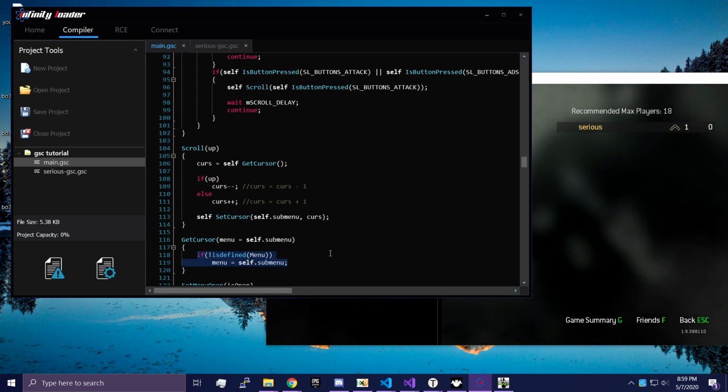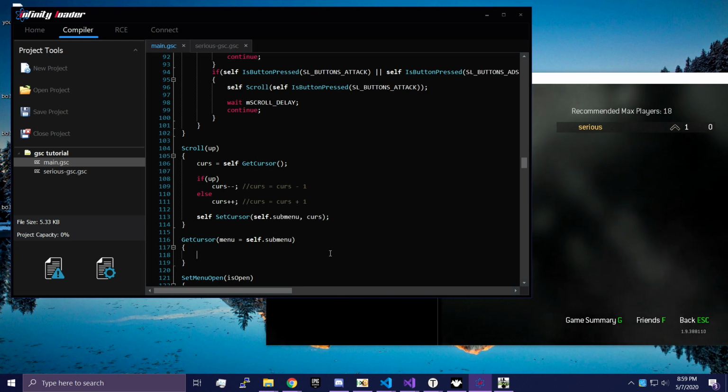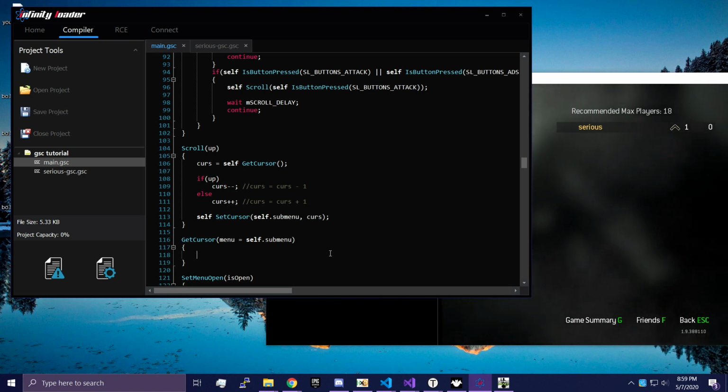Like I said, though, I'm not supporting those, so hopefully you're using Infinity Loader for this. And also, hopefully, that will explain to you how default parameters work, because they are a very useful feature. It allows you to do a lot of sanity checking without running too much logic. So we will do if not isDefined